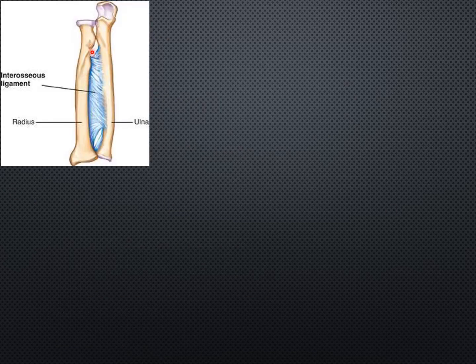These are the bones of the forearm. You can see the radius and you can see the ulna, and intervening between them, this membrane is the interosseous membrane. You can see the connective tissue fibers are longer, so slight movement is possible. And this is otherwise called the middle radioulnar joint, because here you will get the superior radioulnar joint and here you will get the inferior radioulnar joint. So this interosseous membrane forms the middle radioulnar joint, and it is an example for syndesmosis.